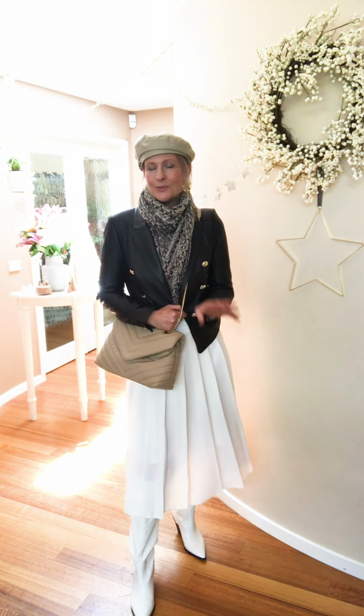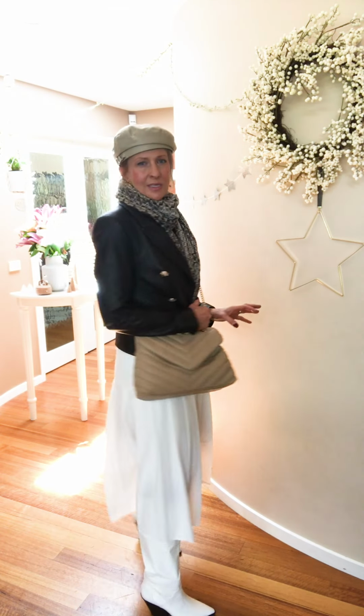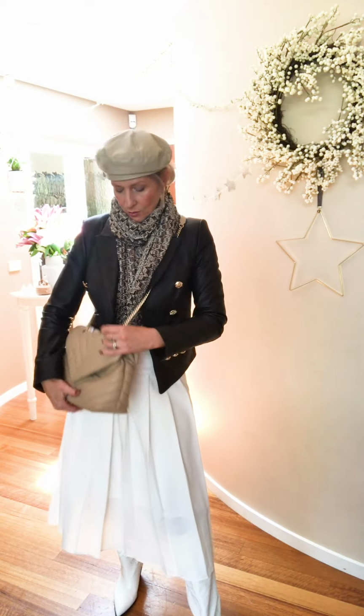Who doesn't love a white skirt with a white boot? Isn't it beautiful? I don't know why it's not done more. And with this black up the top and all of these more muted tones up the top, it's a really statement look, this. Love this. What I've done is I've gone very tonal up the top. I have putties and browns and greys and blacks. I have a little statement gold earring to go with the hardware on this gorgeous leather blazer. I love that it nips me in, and the crossbody helps do that as well. I have, of course, moved the silver hardware to the side because there's too much gold going on, and I'm just loving this. I want to wear it so badly,